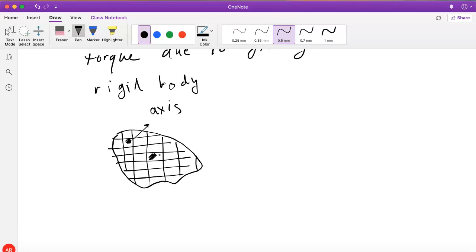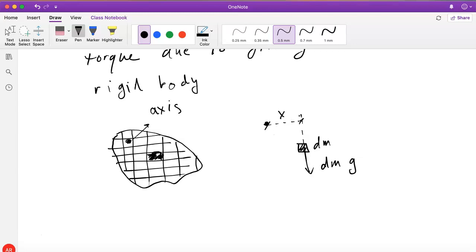Let's focus on one of these. That's one infinitesimal piece that I want to focus on. Here is my axis, and here is that one tiny piece. Let's say it has a mass dm. So there's a force dm times g acting on it downward. Then the torque due to this tiny force, if that distance is x from here to here, is